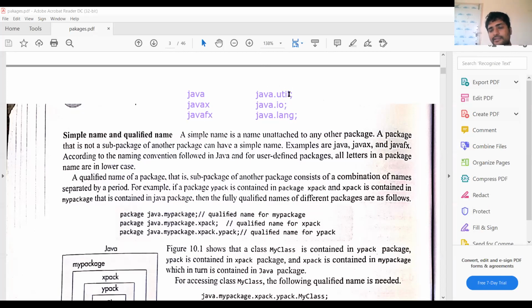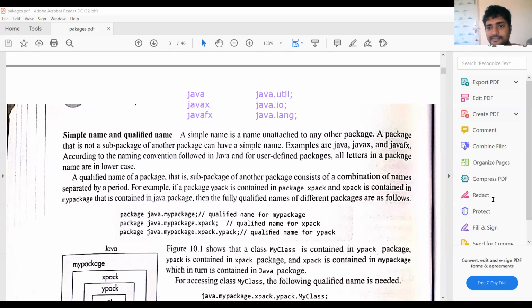That means util is a sub package of Java, and io is a sub package. Java is the main package. If you have sub packages, we can have the qualified names. If you don't need sub packages, we can have the simple names. So these are the simple names, and these are the qualified names.